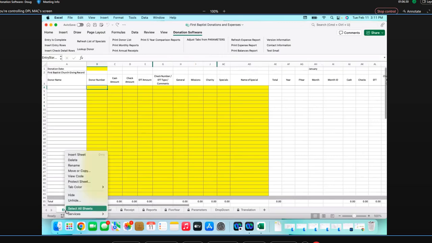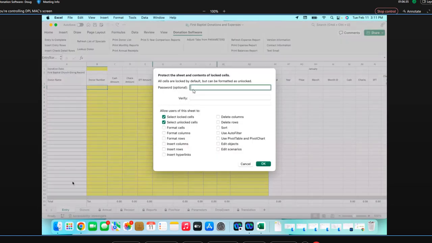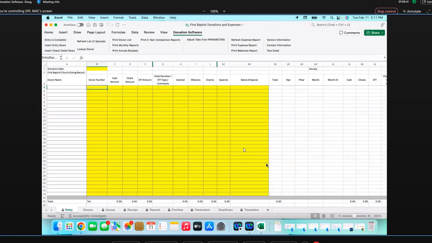When you're done making your change, you would protect it again. Please never ever put a password in here. Just leave the password blank, and then we protect the sheet again, and then you save the small change that you made there, and then you're ready to shut down the Excel